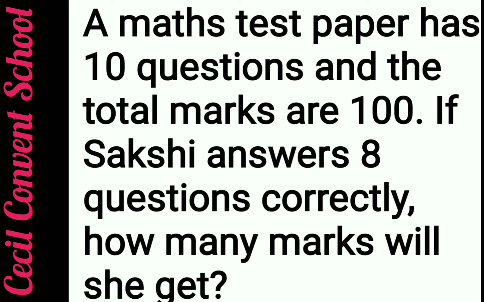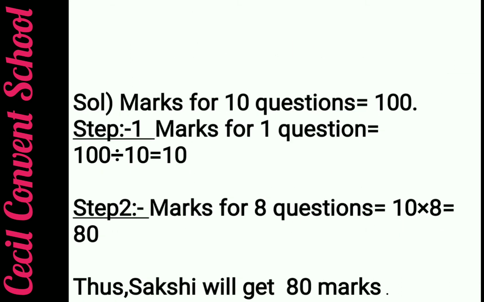Clear? How do we find one? When we find one, we always divide. So see how we do. Students, in your copy, firstly write the solution in this manner. Mention here: Activity 1 of lesson number 7, unitary method, and then we do it. Marks for 10 questions is equal to 100. Then marks for 1 question is equal to 100 divided by 10. When you divide it, the answer will be 10. You can divide it in a rough column also. How? Make a rough line at the side and then do it.